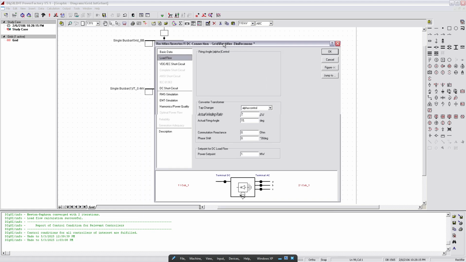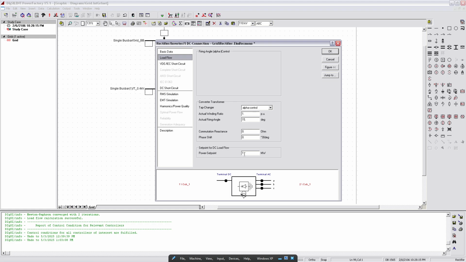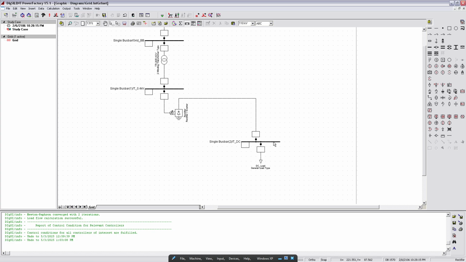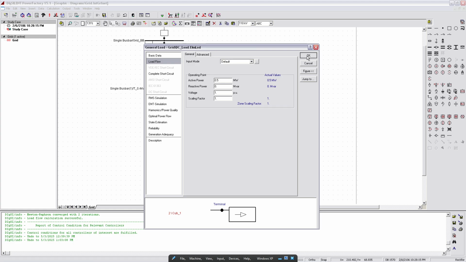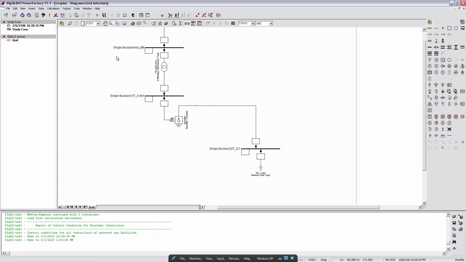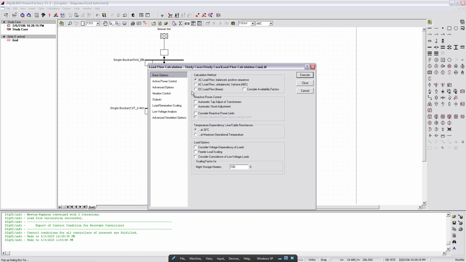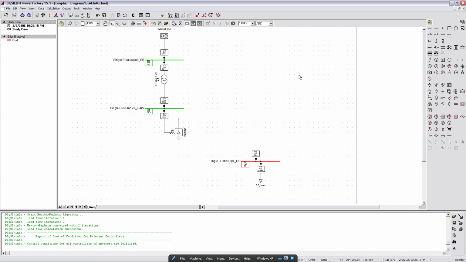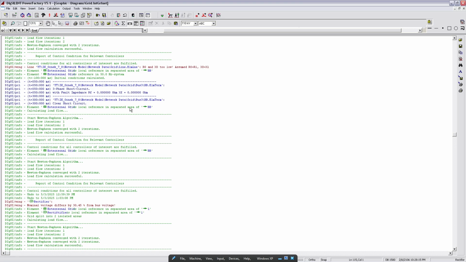For the load flow, here we can select the nominal value of the power set point, which is 1 megawatt. Click OK. For the load, we already defined the parameters. So if everything is fine here, if we just run a simple load flow analysis, it should run without any problems. If we see the message,